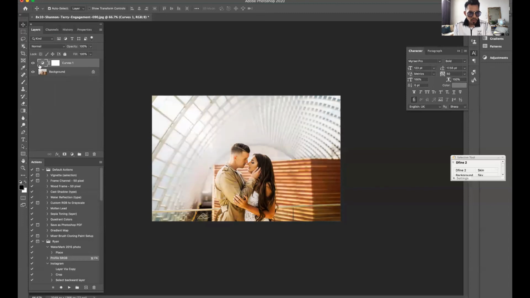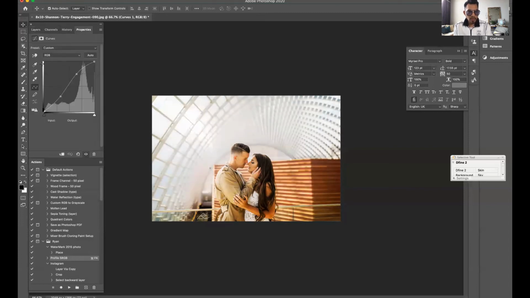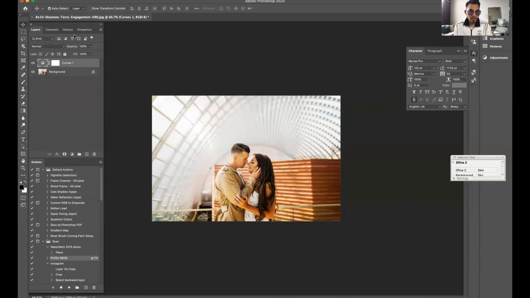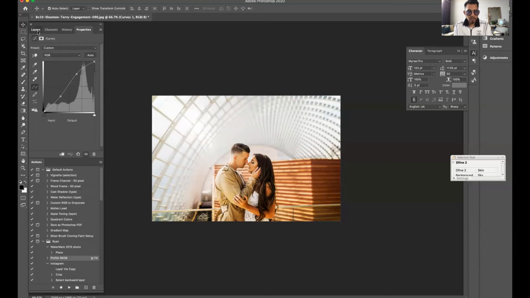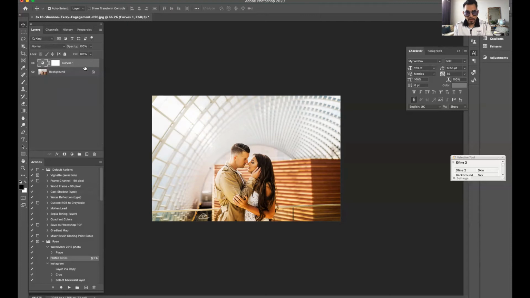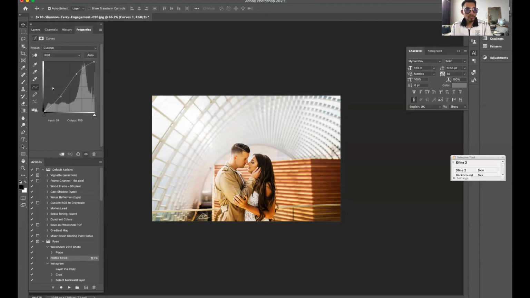All right, so what you could also do, go back to here, because it'll show you a properties panel. That's where you can make the adjustments regarding the curves layer. So here's the layers. Go back to the layers panel, and if you go to properties, make sure it's highlighted. Selected means that light gray thing. So you could also make a targeted adjustment, right? If you click this hand, the inverted hand like this, yeah,